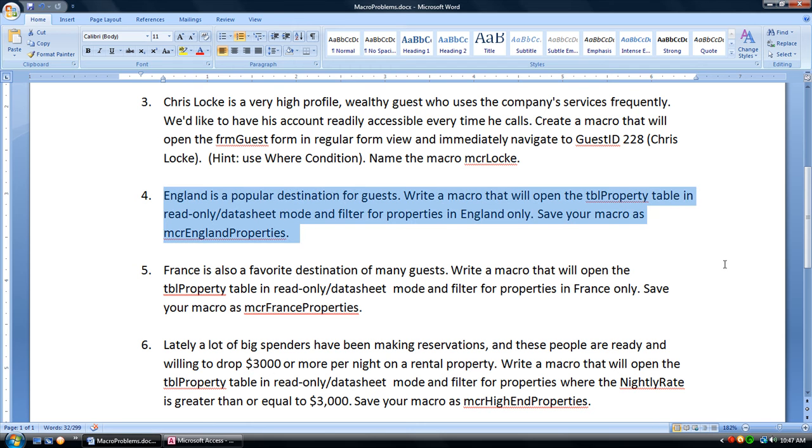Okay, in this video we're going to do numbers 4 and 5, which are kind of similar. In these two macros we will be opening tables as opposed to opening forms and reports like we were doing previously. Number 4, it says England is a popular destination for guests. Write a macro that will open the TBL property table in read-only datasheet mode and filter for properties in England